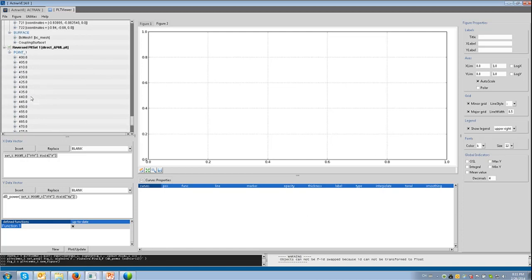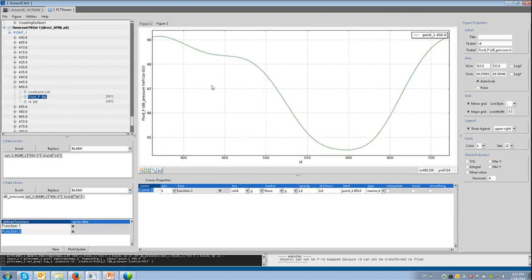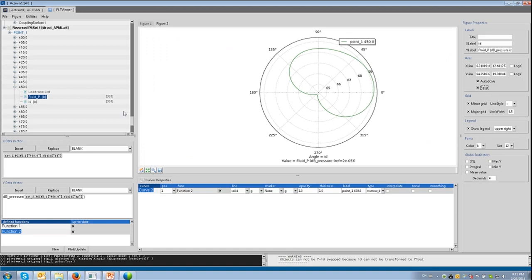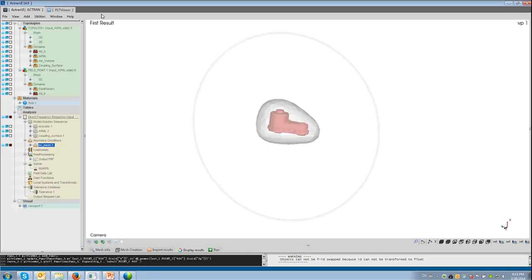For example, we can look at a certain frequency, for example, 450 Hertz, and plot a directivity around at that frequency. So with that, I will close the